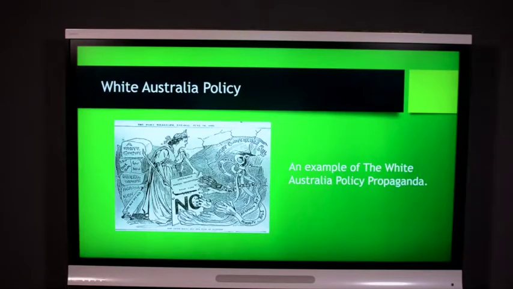This slide is an example of the propaganda that was used to promote a white-only Australia. Note the long arms with claws trying to get to the Federation of Australia document. One arm has Braddon blot on it. This is a reference to Sir Edward Braddon and his clause that the Commonwealth had to deal with each state separately in financial matters so that it was sure to receive at least a quarter of the total revenue received in each state.